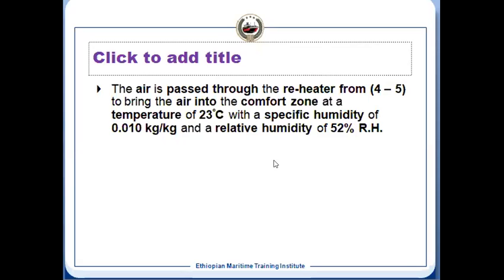And will there be any change in the specific humidity? There will not be any change. It is 0.01 kg per kg, and the relative humidity was 100% at 14 degrees centigrade. Now it has become 52%, for example, and these two comply with our comfort zone. 23 and 52 is okay for us,